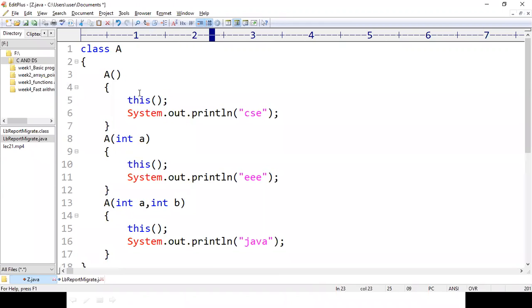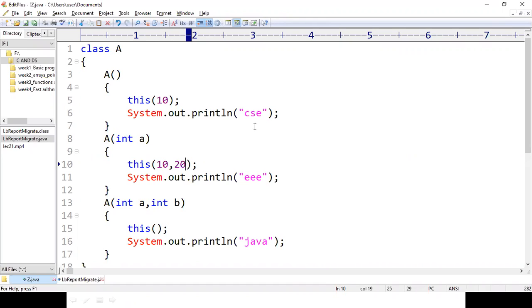So automatically the compiler will execute this constructor. From this constructor, I want to call the integer constructor, right? If I write this of 10, then the second constructor will get executed. Here, if I write this of 10, 20, then it will execute the third constructor. And inside the third constructor, if I have maintained this keyword, again it will return to the first constructor or not. Let us see the things.